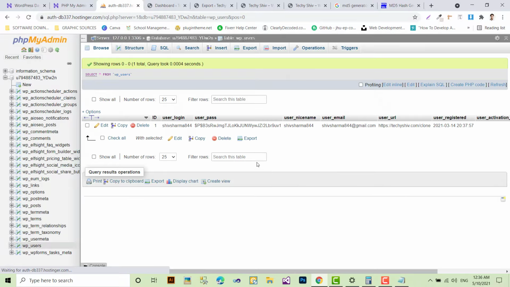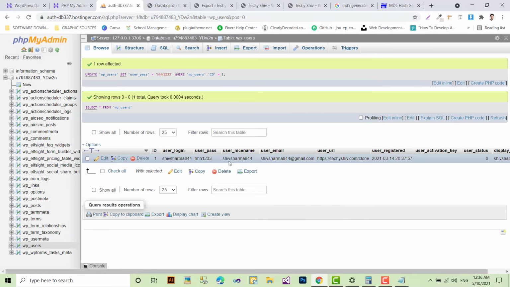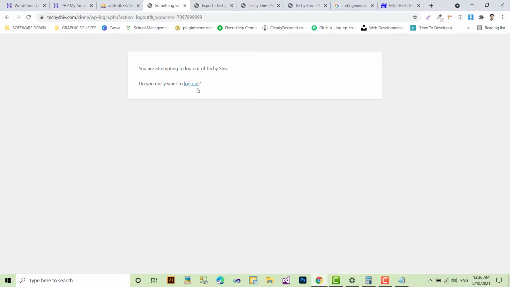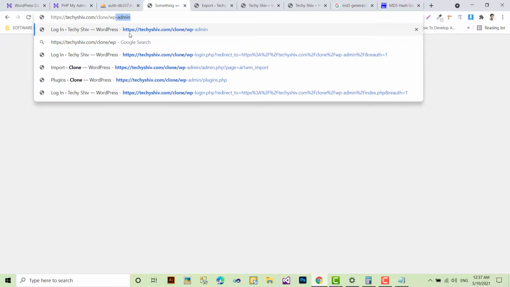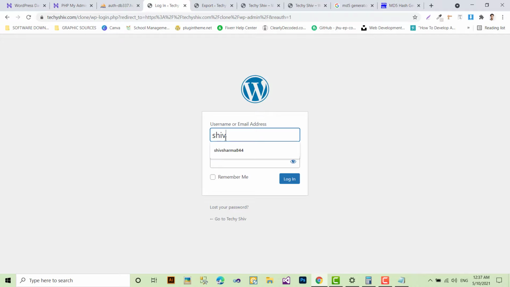But suppose I am typing a new password here, HHH123, and I'm not doing anything else. Now if you come to logout, then wp-admin, the username, and what was the password?